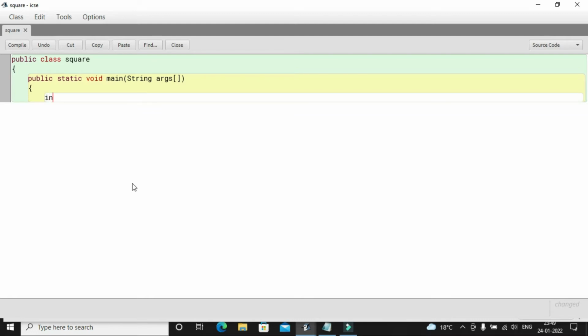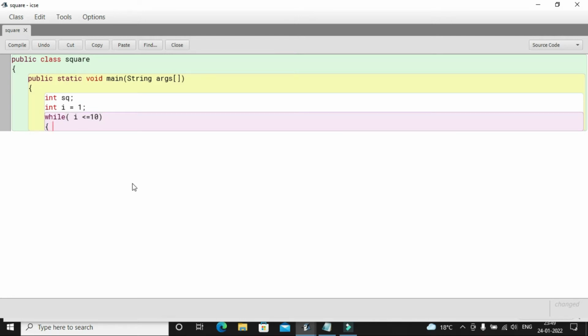Now we will declare the variables int sq and int i. I have declared the value of the variable i here only, i equal to 1. Now the while loop will start, so we will write while i less than equal to 10. Now the formula sq is equal to i into i. Now the output statement